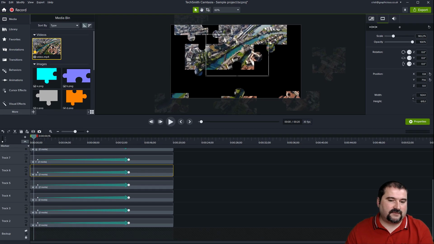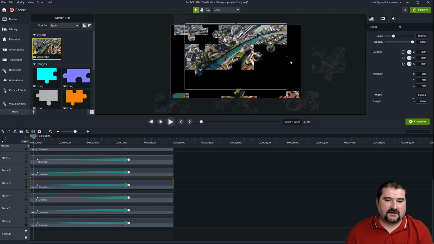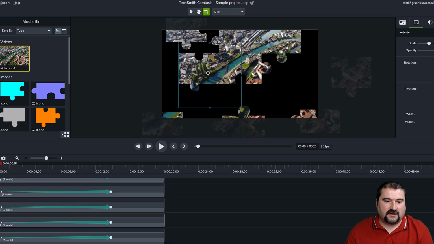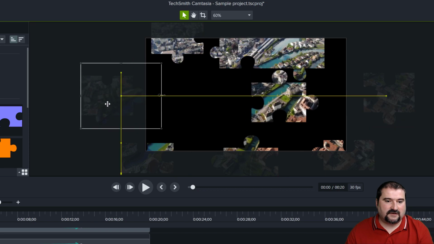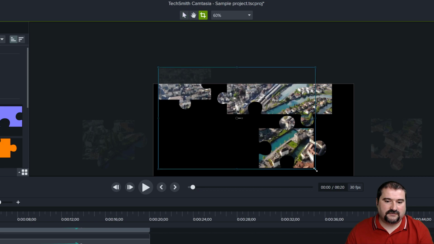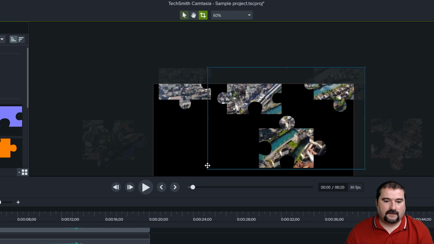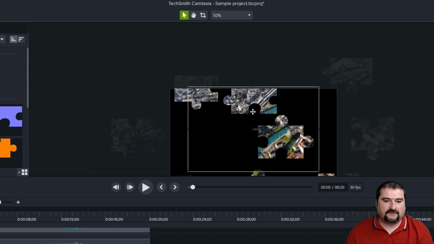if this is hard to edit, you can hide all of the other tracks with this eye icon, so that you can actually see what you're doing here, because it could be hard to figure out where each piece starts and where it ends, right? So as you go, you do the corners and the sides first, and just move them. There you go, move it outside, and finally this one.